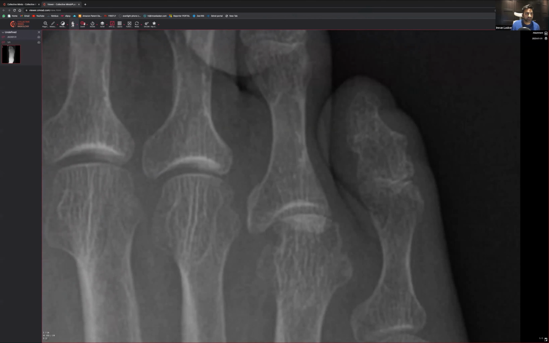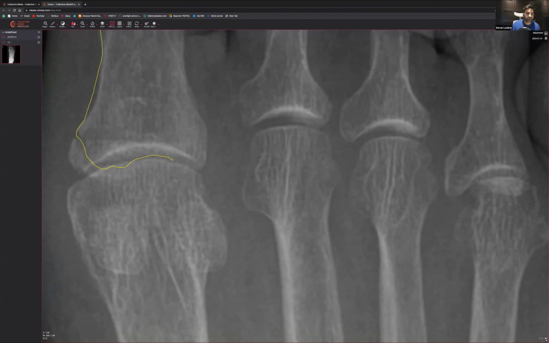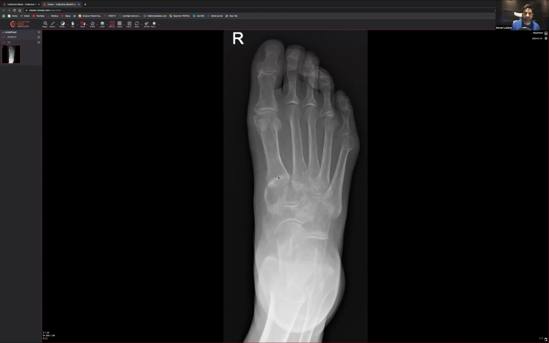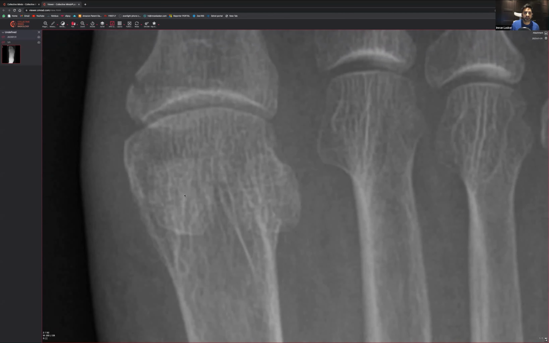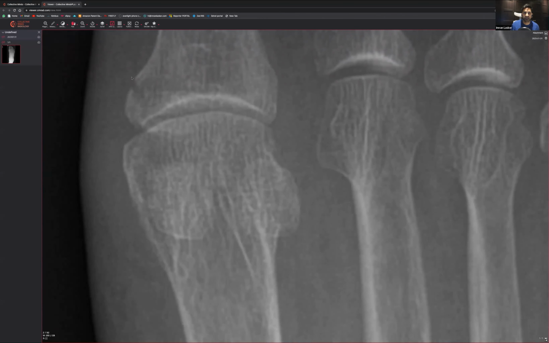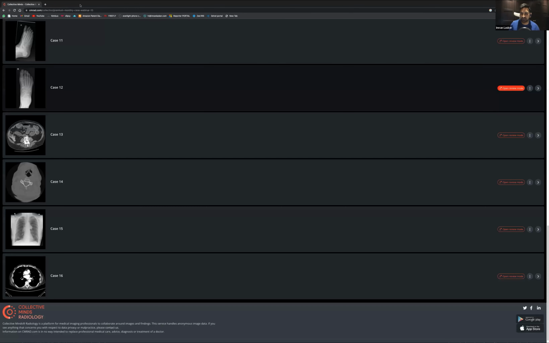How do you know whether it's got intra-articular surface involvement? I'll illustrate on this one. You just look and see whether it goes to the articular surface. So this is the articular surface. You can see this goes all the way to the edge, and if you look around the back there, you can see a radiolucent line. That's all it is. If you've got a radiolucent line that goes all the way to the edge, you've got to say articular surface involvement, because that's the articulation. So this is an intra-articular fracture.